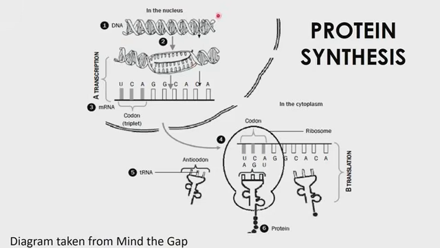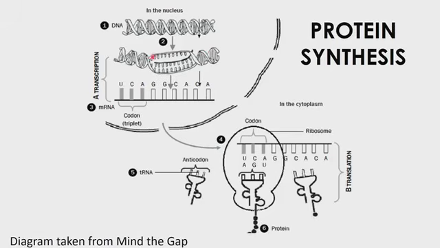As we know, that is the instructions to how our body works, how to make hormones, how to make enzymes, both of those things being proteins. But the DNA cannot leave the nucleus. So in order to get the instructions on how to make a protein, we need to allow the DNA to